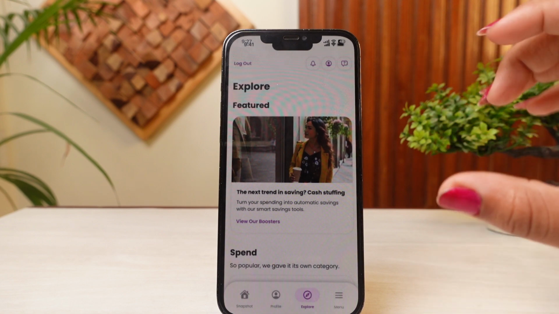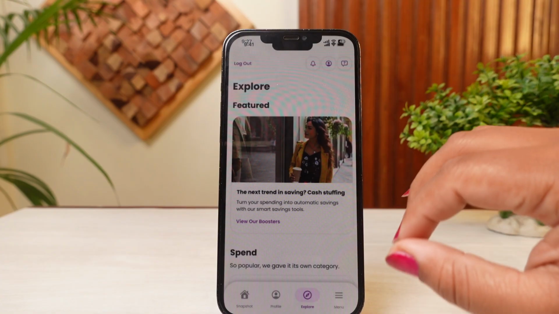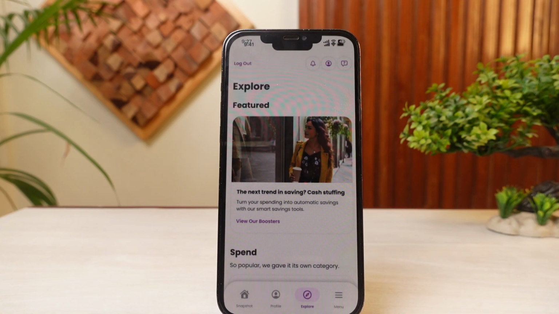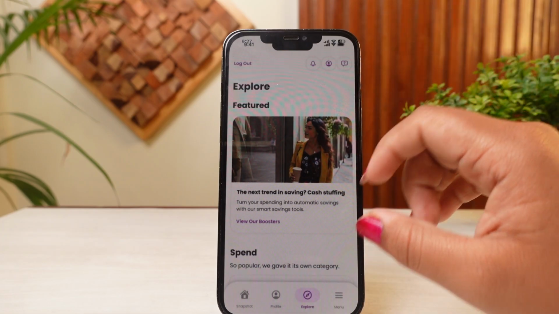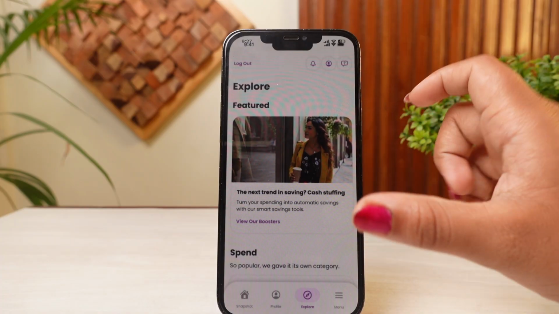How to delete your Ally bank account permanently. The very first thing you want to do is clear all of your balance. For that, transfer all of the funds out of your Ally checking, savings, or even the CD account via transfer, right? So if you simply tap on transfer on the application, you can make a transfer and clear out all